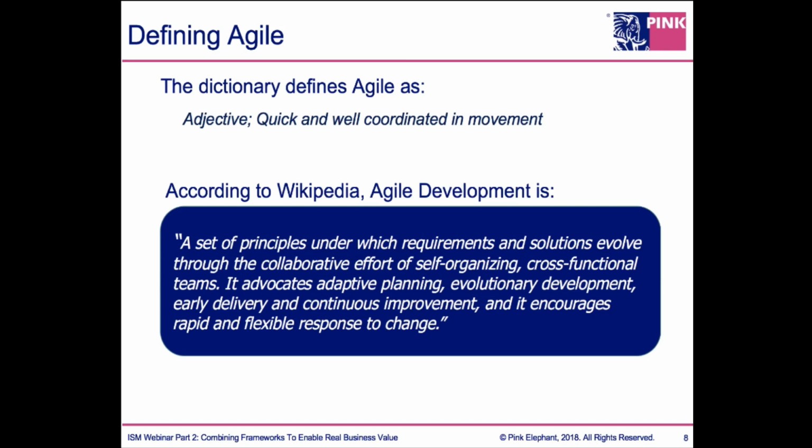Maybe words like nimble, flexible, the ability to move in a different direction quickly. Perhaps the concept of speed also comes to mind, which is, of course, right, because Agile both means the ability to change direction, the agility, but also there's a principle of moving faster, flow. The challenge that I'd like to put in front of everyone is that the concept of agility requires systems thinking